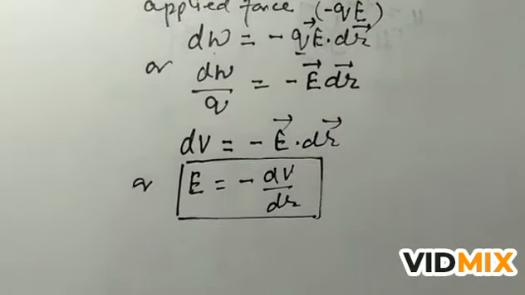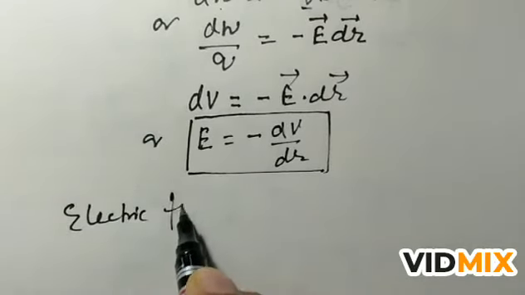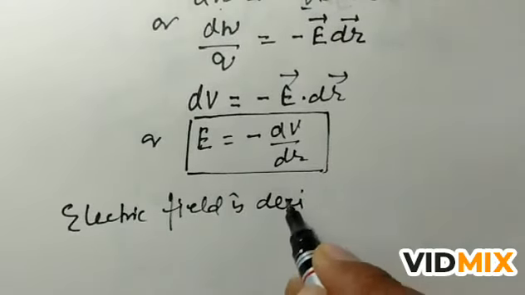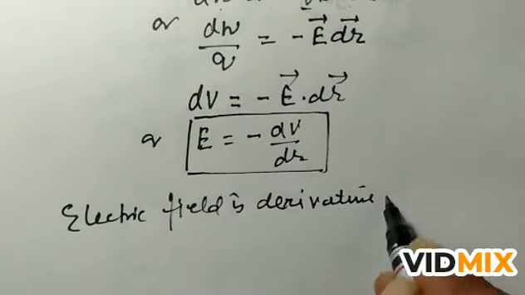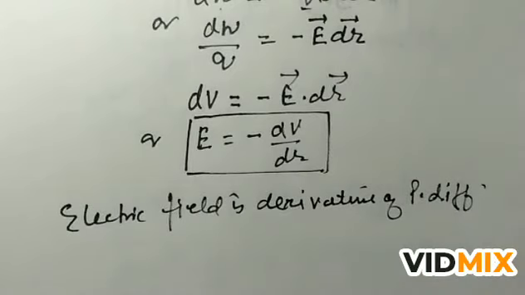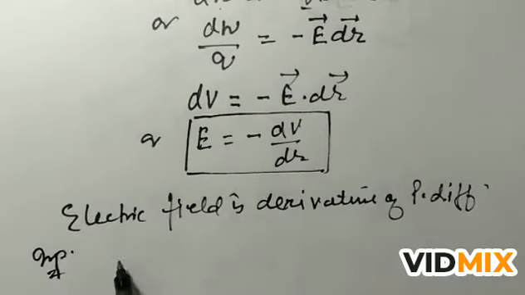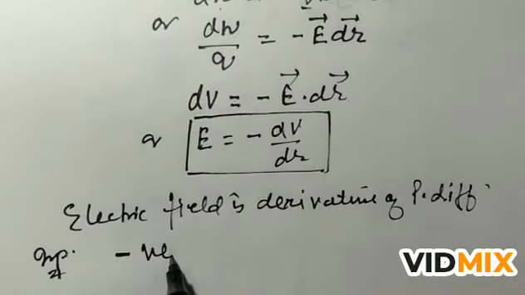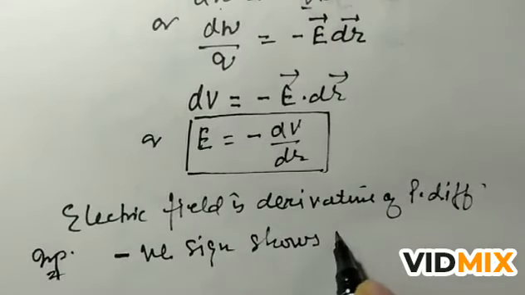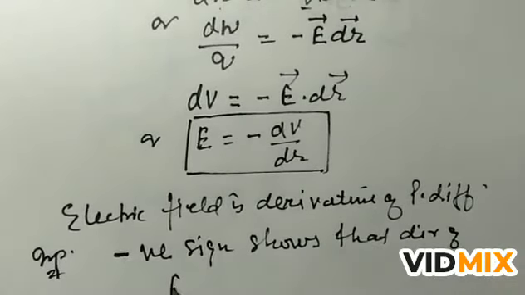This is also called the potential gradient. So we can say the electric field is the derivative of potential difference. And very important here, a question of 1 mark is there. What is the meaning of negative sign? So the negative sign shows that the direction of E, the electric field,